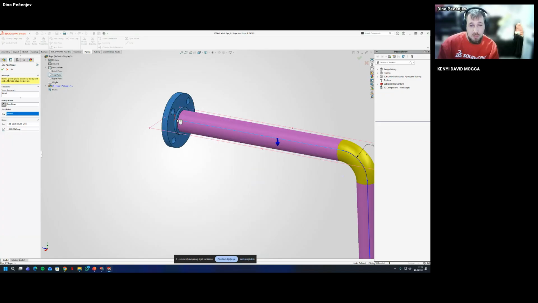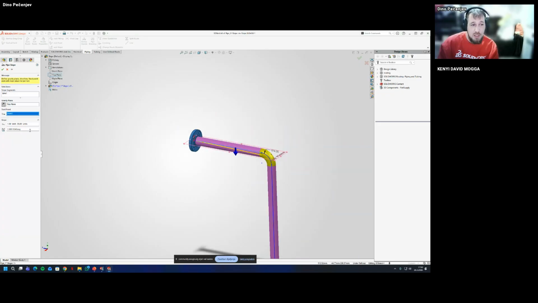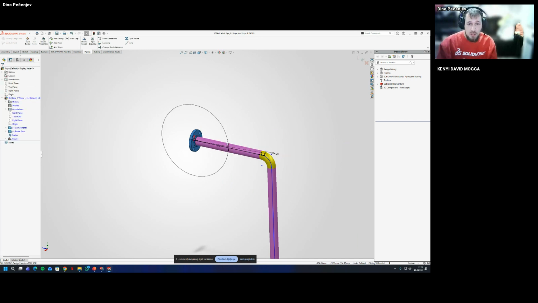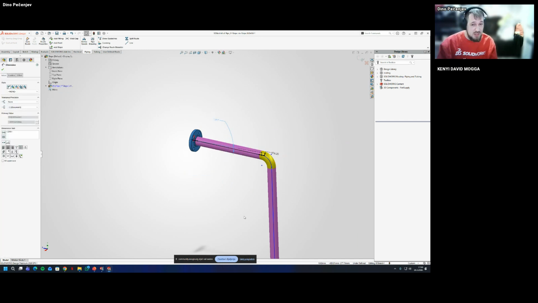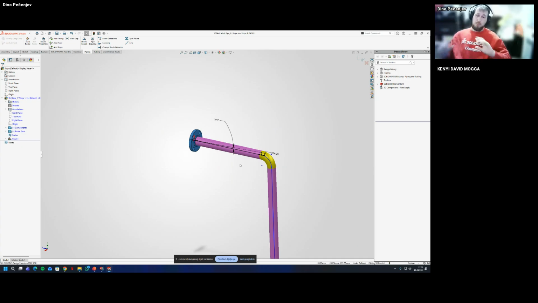I want it right here from the flange, and I can use either degrees or units, whichever you prefer. My suggestion is use this at the end when you completed your route, to see how your route looks and performs. And if you need to change it, you can change it this way again.